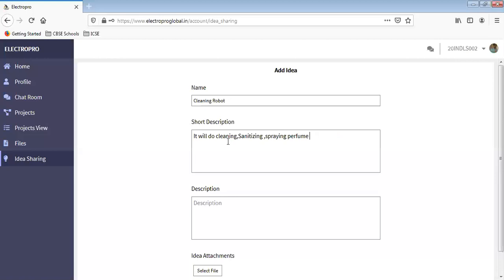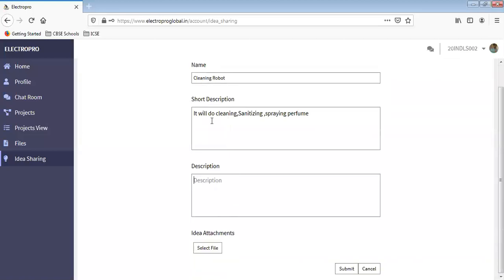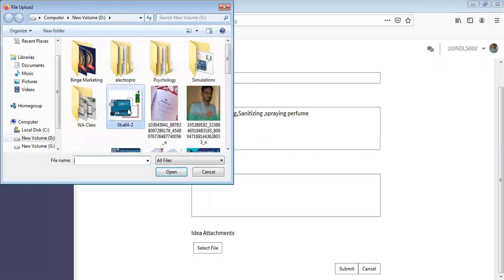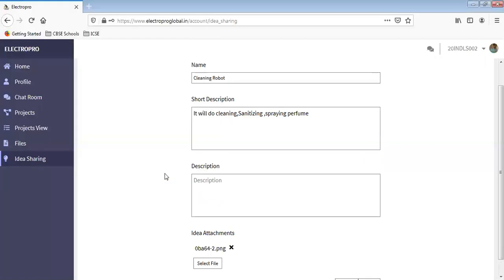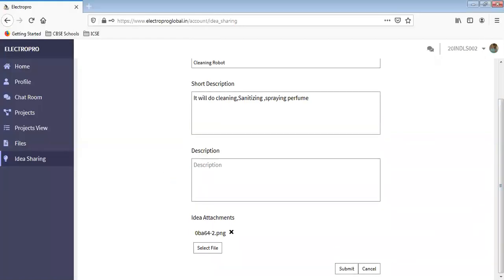So you can list out something unique here. What you want to tell about your product is the outline, and this is the complete in-depth description, and you can add a file here.